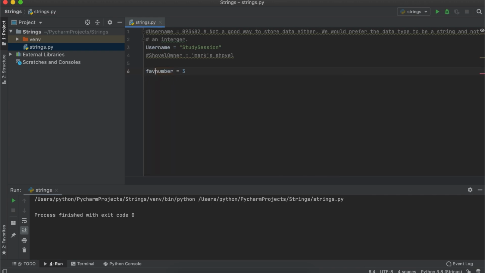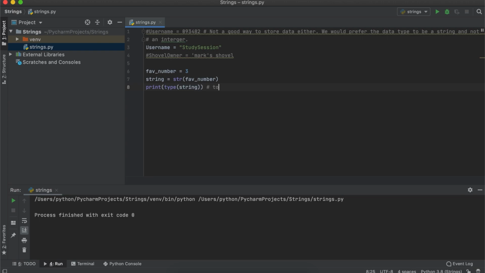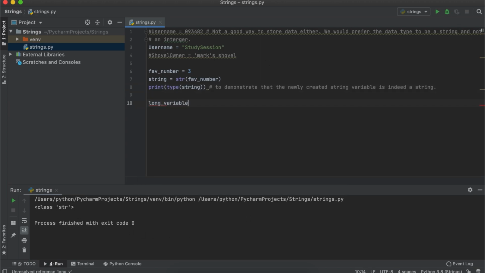Another way to create a string from another data type is by typing the variable name, let's call it new string, equals str for string, and then brackets around the data type that we want to change. This doesn't replace our old variable, it simply creates a new string variable with the data now being a string and not an integer. Lastly, if you have a very long string and you wish to move it to the next line, just make sure you're in the quotation marks and hit enter, and PyCharm will continue your string on